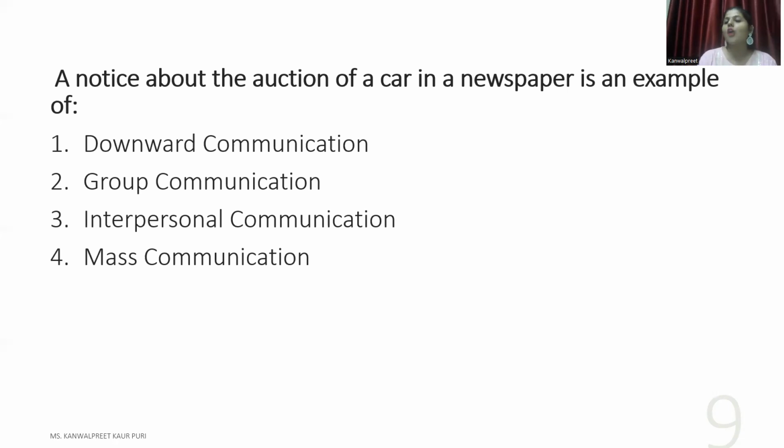Now, what is downward communication? If you have not seen or you don't know this, you can check my previous videos on this communication topic. Okay, so there is something called as vertical communication, and that we have downward and upward communication, when the communication flows from higher level to lower level or from lower level to higher level. That becomes your upward and downward communication. Group communication is where you can count the number of audience. Suppose in my lecture there are 10 students or there are 50 students. The teacher has the exact count. So that becomes a group communication. Interpersonal communication is when you are talking to another person. Okay, so that becomes your interpersonal.